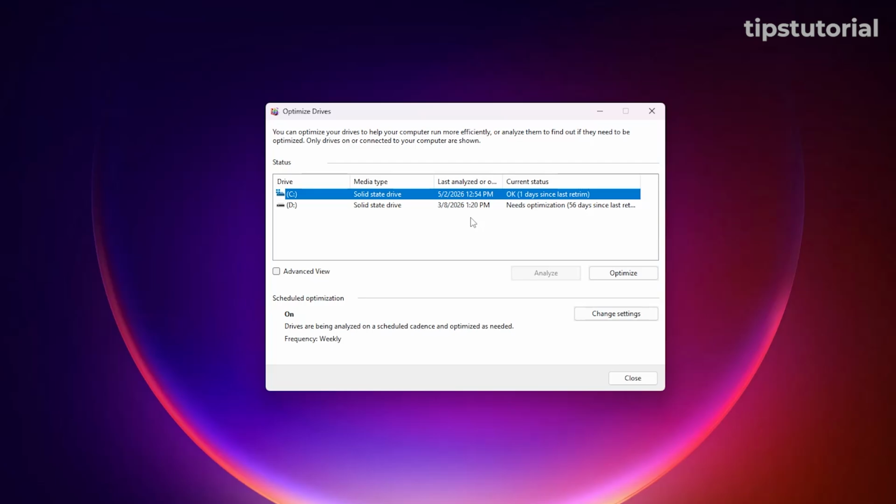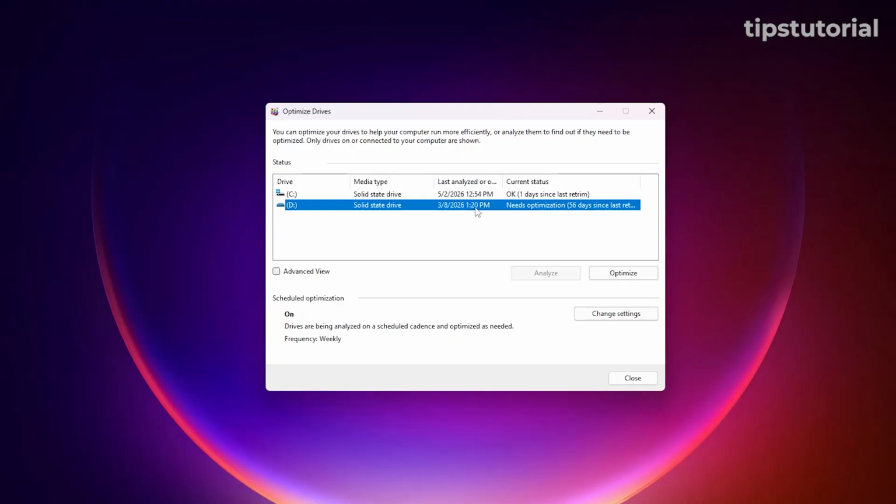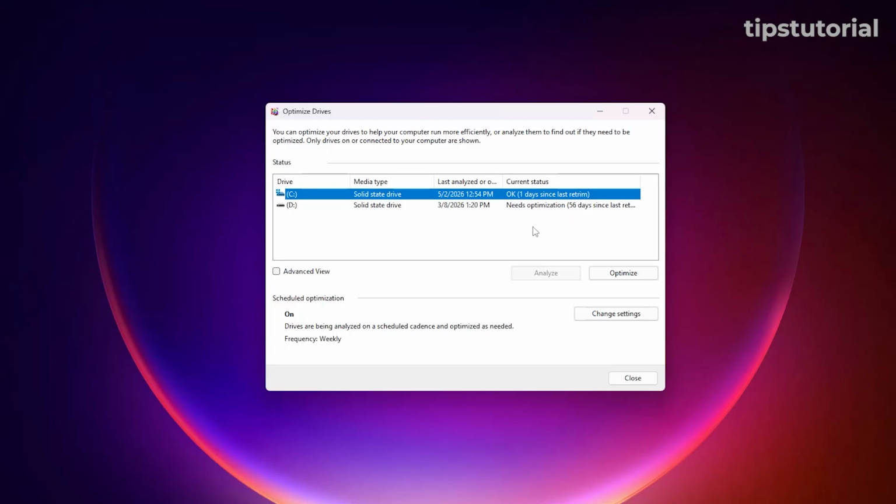Next, select the drive you want to defragment, usually the C drive, and click Analyze to check its current fragmentation status. In my case, I recently analyzed it and it is locked, but it's no problem if yours cannot be analyzed either. After the analysis finishes, click Optimize to start the defragmentation process. The time required will depend on the size of the drive and the level of fragmentation, so let the process